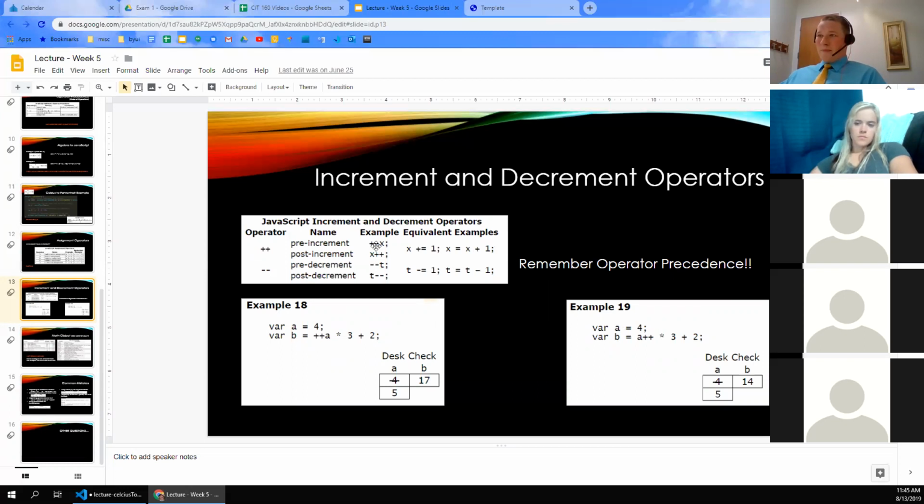Okay, so the pre-increment operator and the pre-decrement operator will happen before anything else does. Whereas the post-increment and post-decrement will happen after everything else. Now here's a couple of examples using these, and seeing how, if we look at example 18,